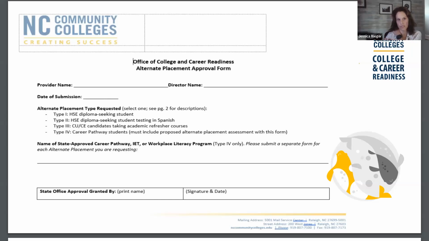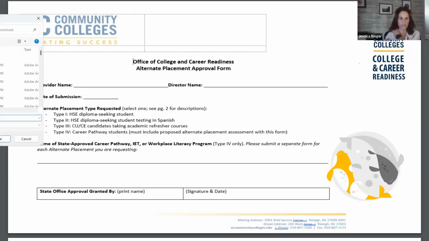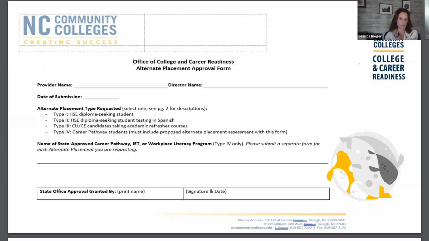So we want to be sure that this is beneficial to you as a provider with your career pathways. So you would need to submit a separate form for each alternate placement that you are requesting. And if you'll go to the next slide,